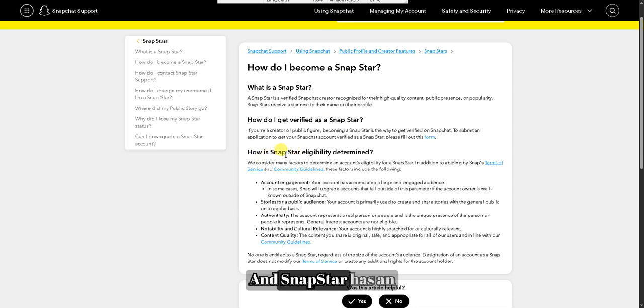And Snapstar has eligibility requirements. So, account engagement: your account has accumulated a large and engaged audience. Stories for a public audience: your account is primarily used to create and share stories with the general public on a regular basis. Authenticity: the account represents a real person or people and is the unique presence of the person